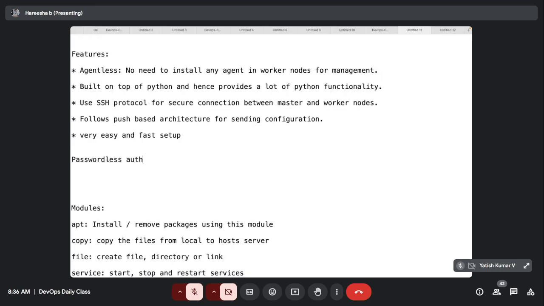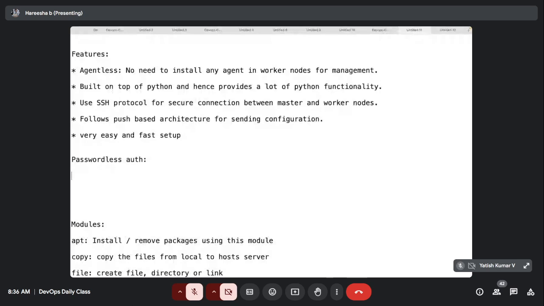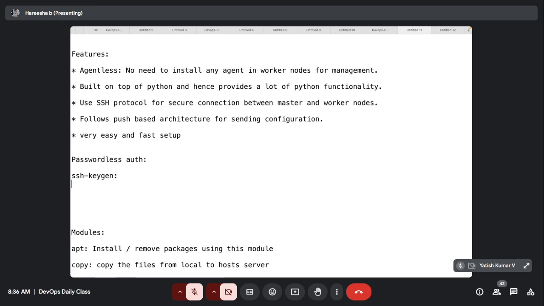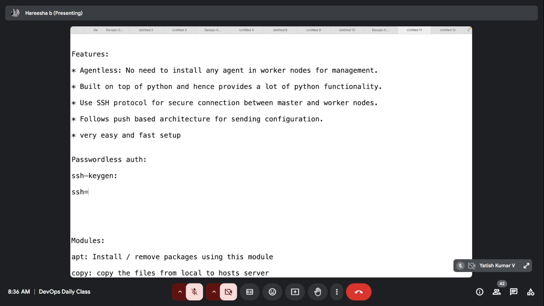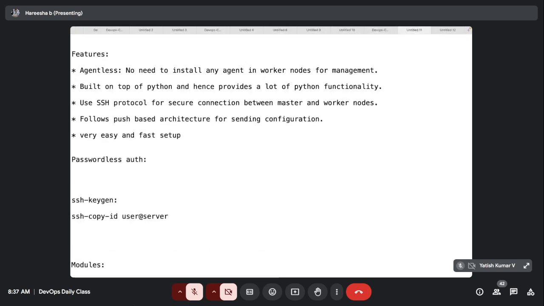Passwordless auth: ssh-keygen, right? So once this is done, next ssh-copy-id -i user@server. Okay, before that, user creation, sudo adduser